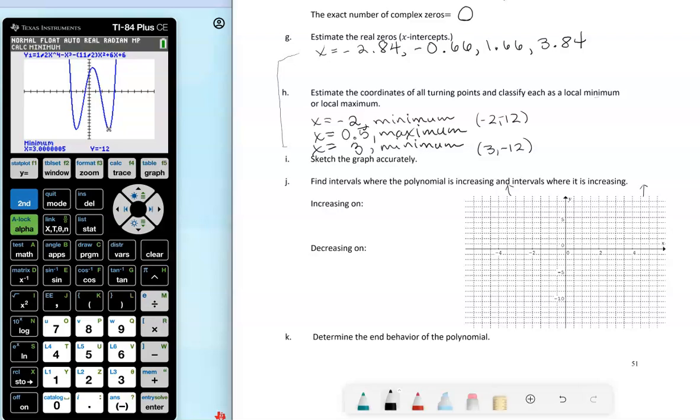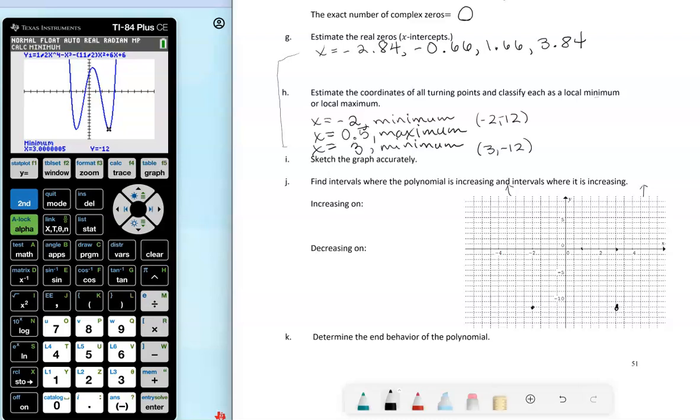-12, let's check the scale. It's a scale of 1. So -12, -10 is right there. -12 would be here. And then +3 across the x-axis is not a scale of 1. It's 1, 2, 3, 4. So it looks like 1 would be located here. There's 2. So 3 would be located here. So 3, -12